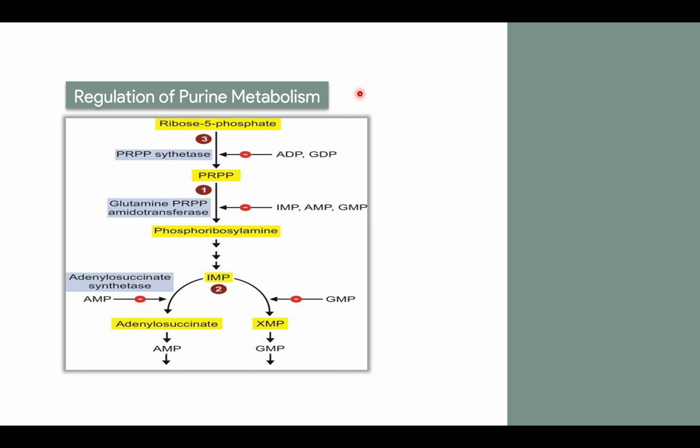Now let us look at the regulation of purine metabolism. Ribose 5-phosphate is converted to PRPP in the presence of enzyme PRPP synthetase. This PRPP synthetase is inhibited by ADP and GDP. PRPP to ribosyl amine is